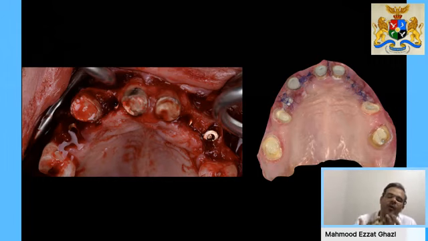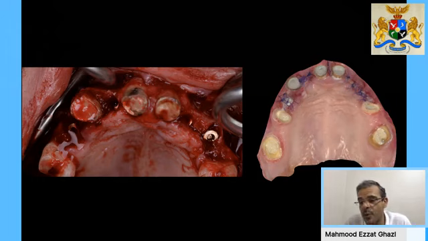Now, I didn't go for an immediate loading for these implants at that time because I already had natural teeth, and so it was easier and much safer to temporize on the natural teeth. But here is where it took more and more time, because as we said, the main procedure that I'm going to go through at this point,